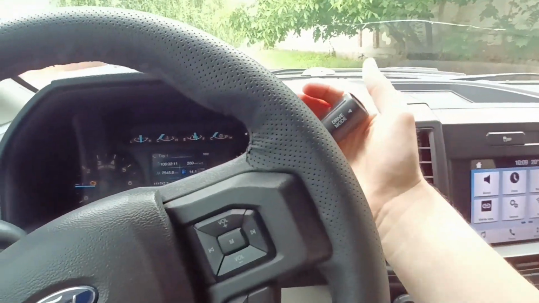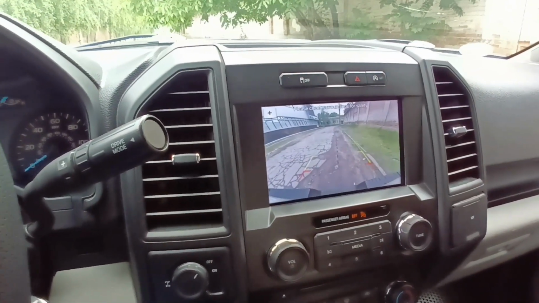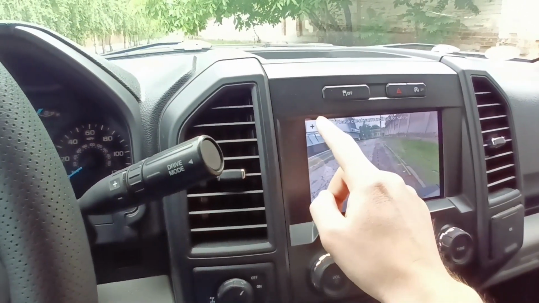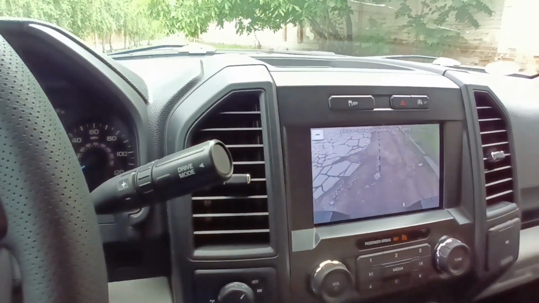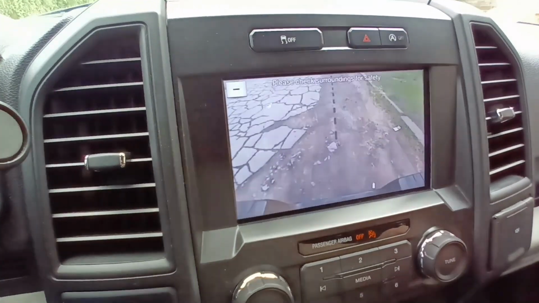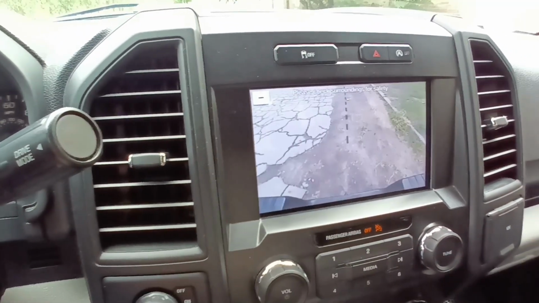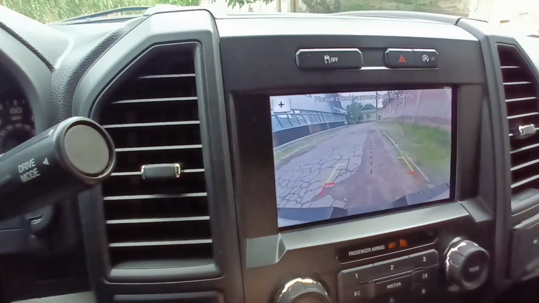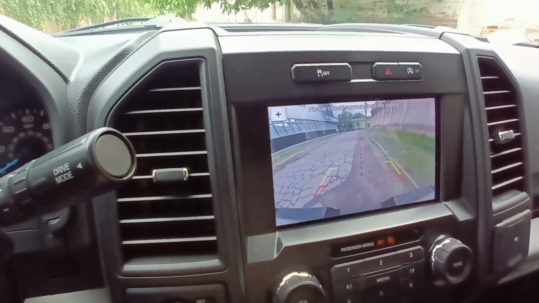Let me turn to the rear, and you can see the rear camera is activated, and you have a plus button here. If you touch this plus, you will see that the camera changes its settings, and now you see exactly what is going on near your vehicle. So this is like a large perspective, and you can see whether there is some car or some other obstacle,